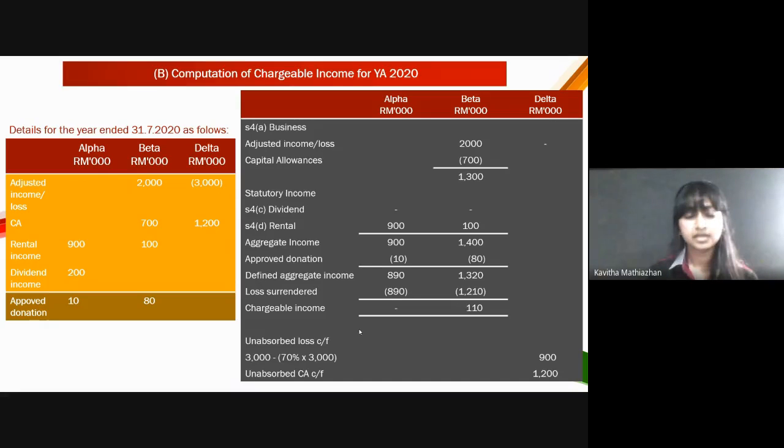So Delta is actually the surrendering company, and claimant companies are Alpha and Beta, since they have 70% they are allowed to claim. The amount that needs to be surrendered is 70% of its adjusted loss, which is 3,000 times 70%, that is 2,100. Alpha only has 890 as their aggregate income, so they can only claim for 890, and the balance can be claimed by Beta Berhad. So the unabsorbed loss would be the 30% of the adjusted loss, which is 900, and the unabsorbed capital allowance carried forward is 1,200. I hope you all understand, and we move to the next one, which is